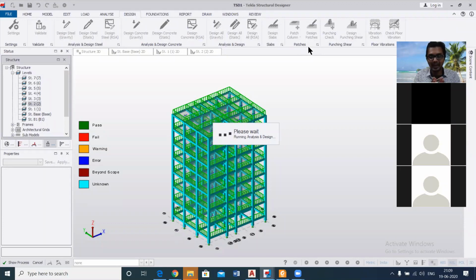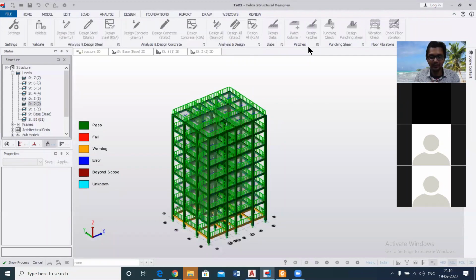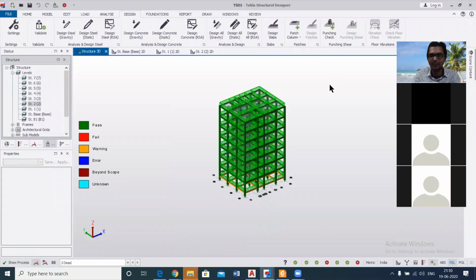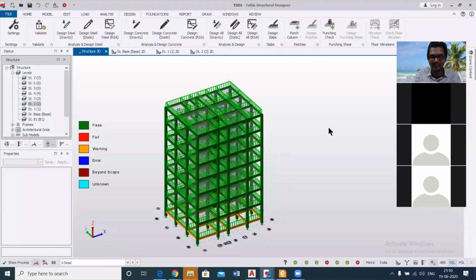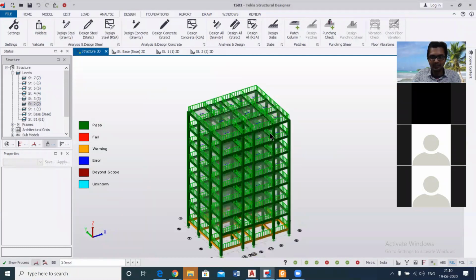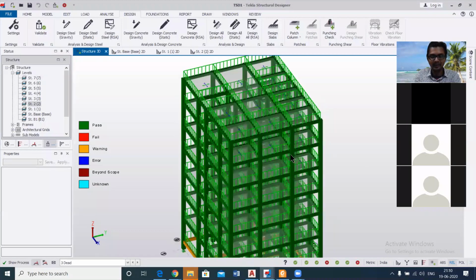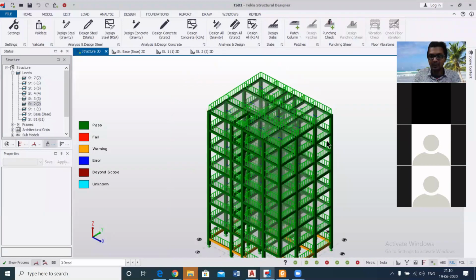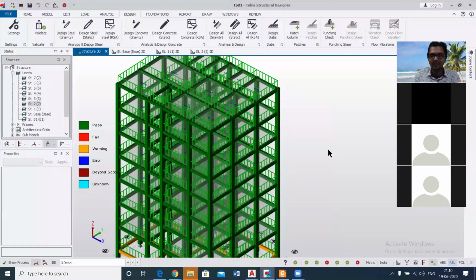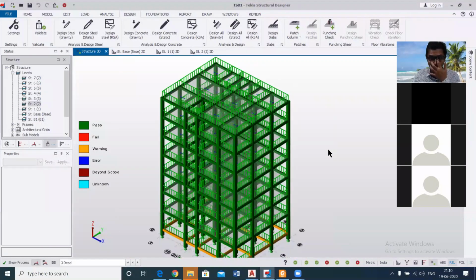And in estimation, as you know, the major cost of the material part is of concrete and steel. So in this software, you'll get the accurate quantity of concrete, and you will get the approximate quantity of steel. The approximate quantity means it will give you an allowance of 10%. So 10% may be extra, but it will not be less. As I told you, you can see here, the structure has passed. This is the pass, the fail. So red, if it had come red, it would have failed. Then we could design the structure again, considering some other sizes. So the sizes we have provided are good to go.